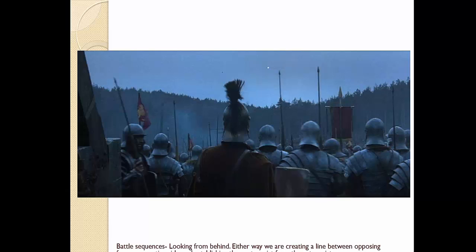Here's another shot. This is from Gladiator, okay? So again, same sort of principle here. Battle sequences, looking from behind, okay? We are a lot of times in battle sequences creating a line in the middle between either the protagonist or the antagonist characters and then displaying their points of view in the battle, but always in 1-point perspective. Opening scenes, right? So what's really common is after that scene is then to switch to like a 2-point shot,